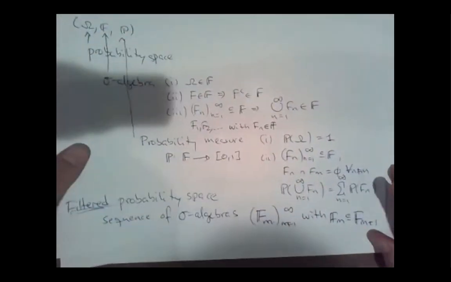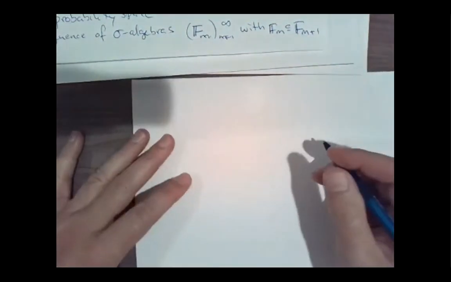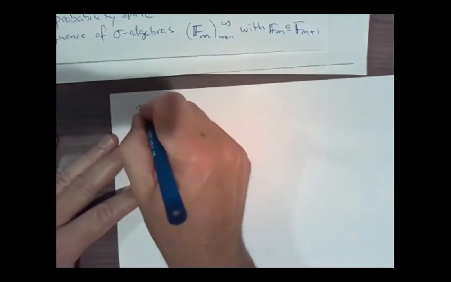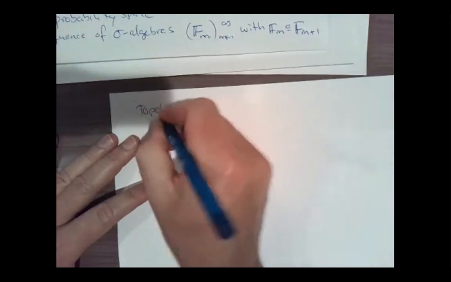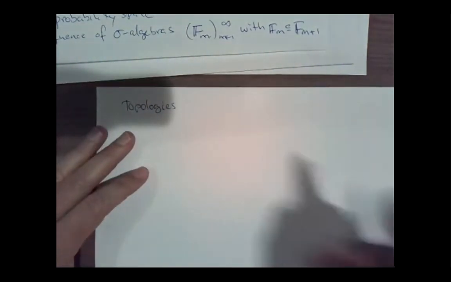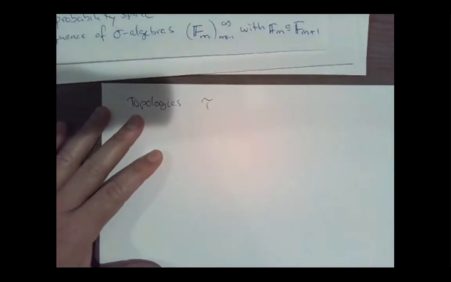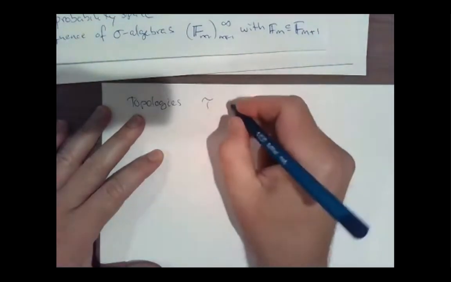Some of you might have been in a class where you talked about topology. If you've been in a class where you talk about topology, there is a difference there. So then you'll have this is again going to be some system, tau. It's going to satisfy some properties, but one of the properties that tau has is that if